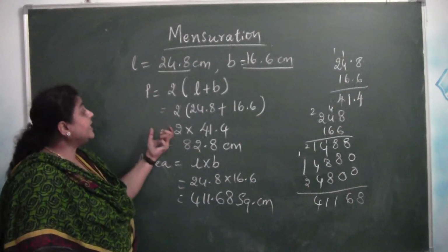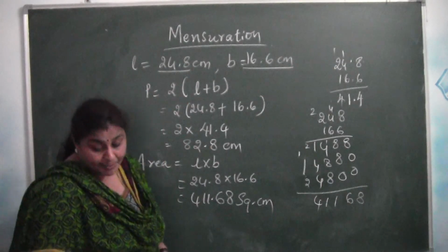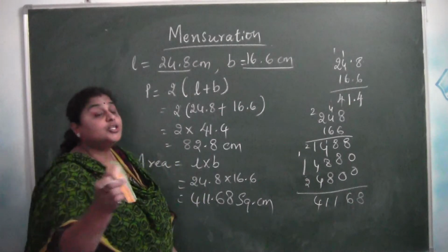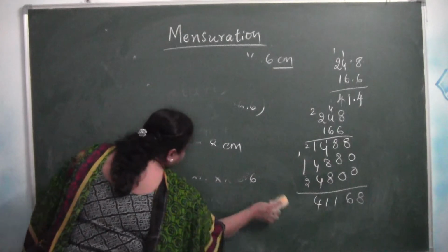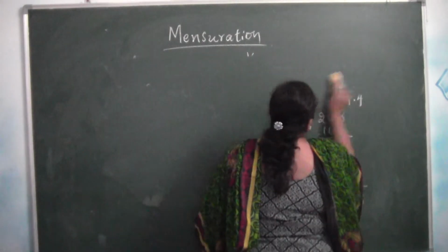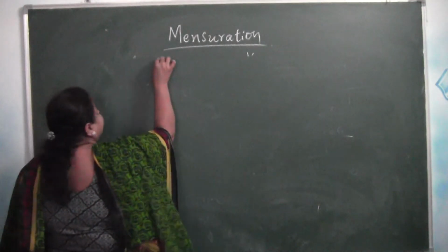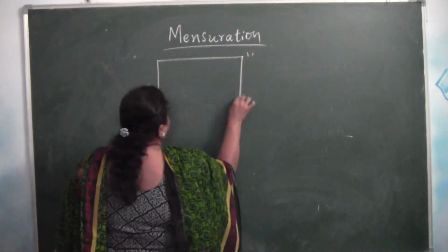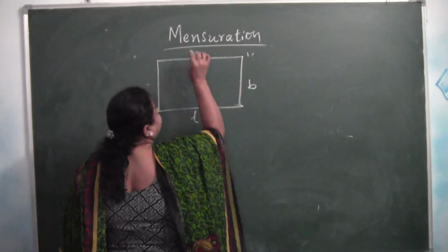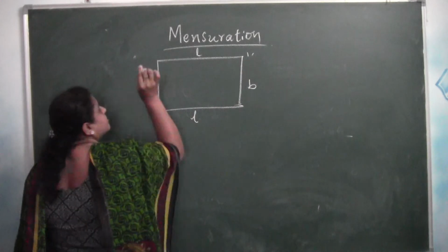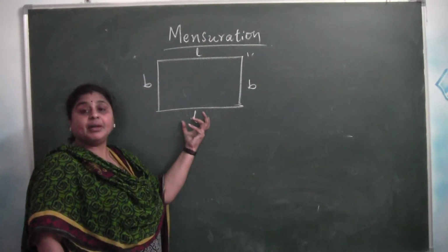Okay. Now how do we get perimeter of rectangle? How can we say perimeter of rectangle to be 2 into L plus B? So how can we derive this formula, children? Let us see that. If I take a rectangle, this is length, this is breadth, this is length and this is breadth, right? So what did I say? Perimeter is nothing but